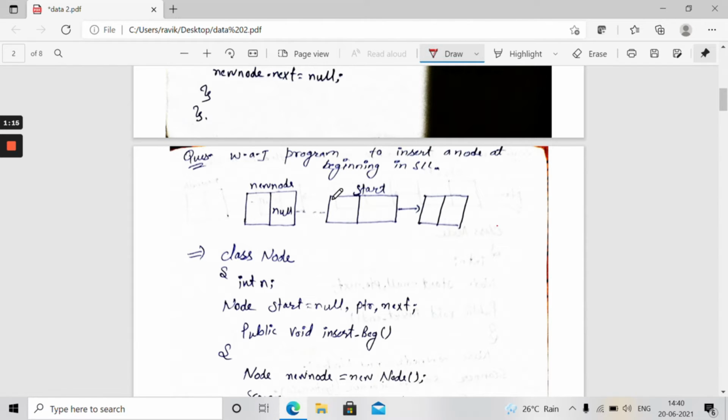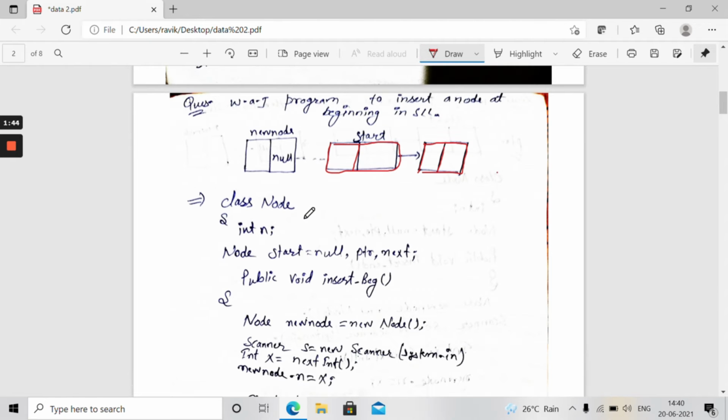Then guys, suppose this is a linked list consisting of two nodes. We know that the name of the first node is always start. Then guys, our new node comes to that place and says to this node that I want to join with you.